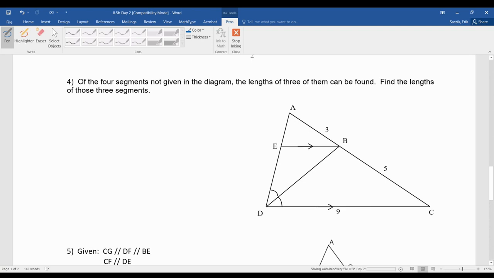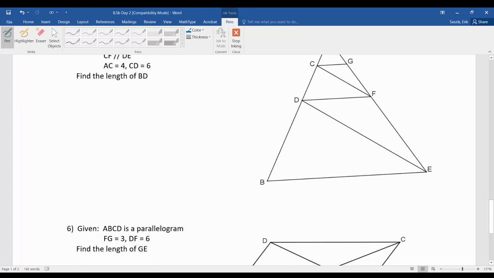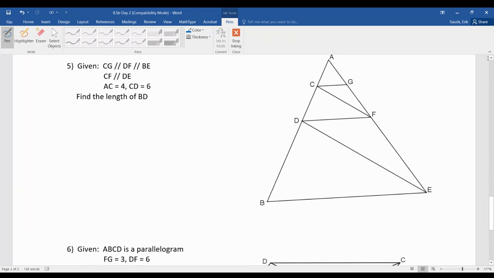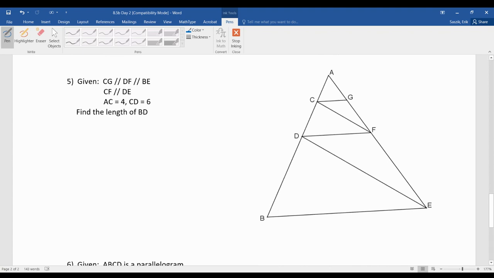Okay, now back here, these can be hard. So I'm not going to do the top one. You can check your answer with that one. That one's not too bad. But these here, we got parallel lines all over the place. CG and